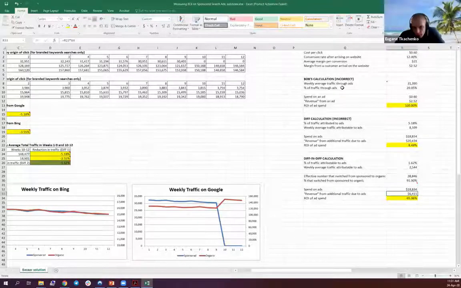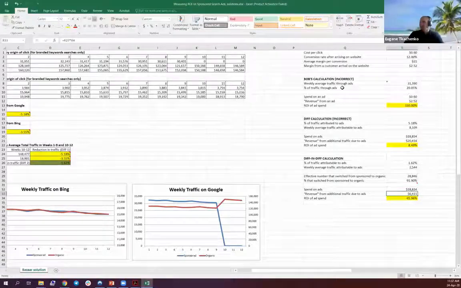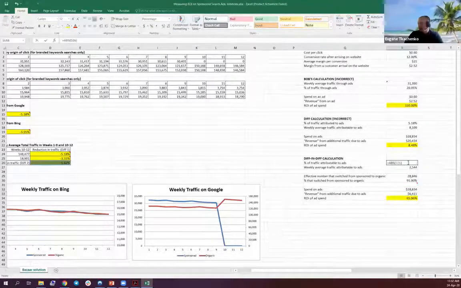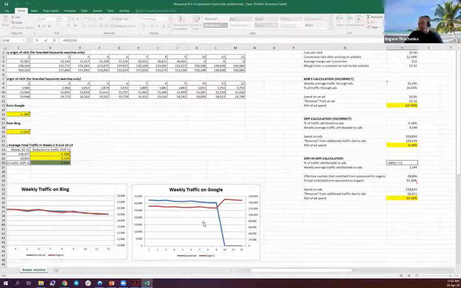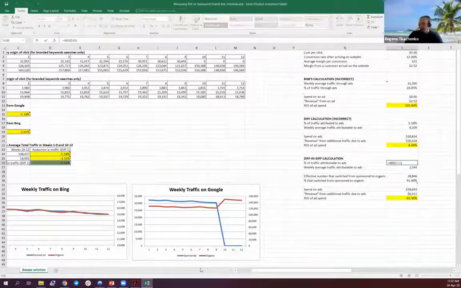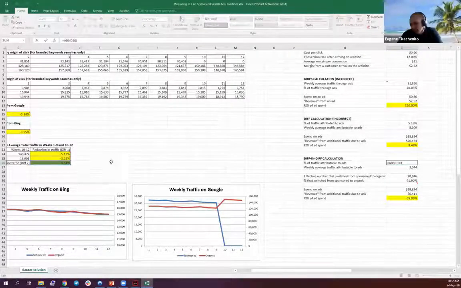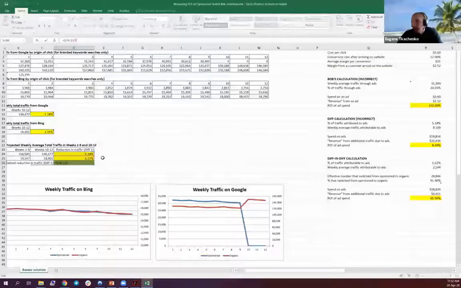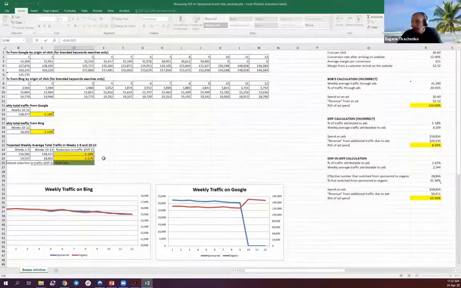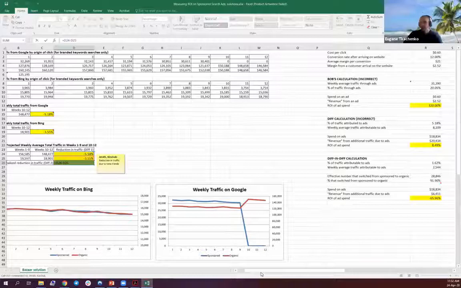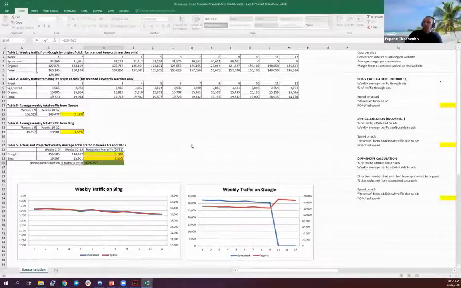May we see the formula for the 162% of traffic attributed to ads? One second. Yep. So basically, I can take you through it. The difference between the traffic for, one second, Bing versus Google, it's just the reduction. So we are trying to justify or basically see the reduction in the traffic